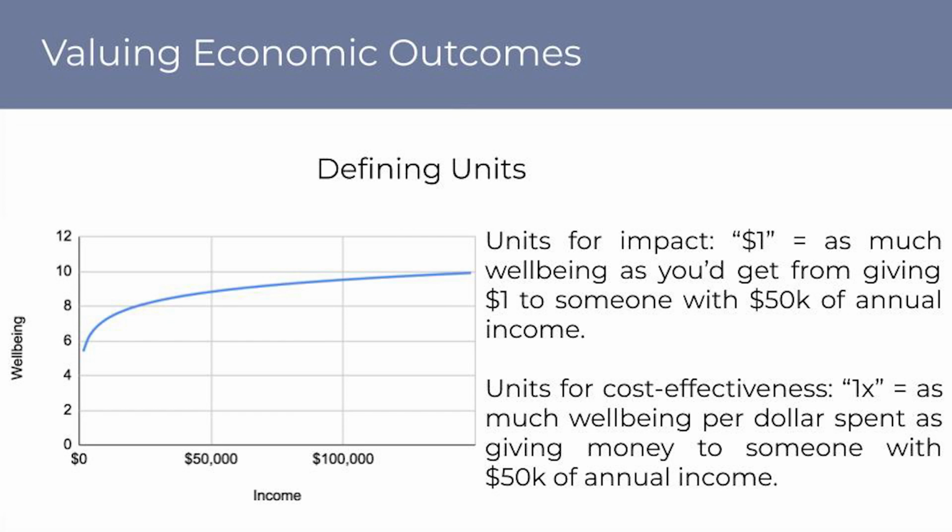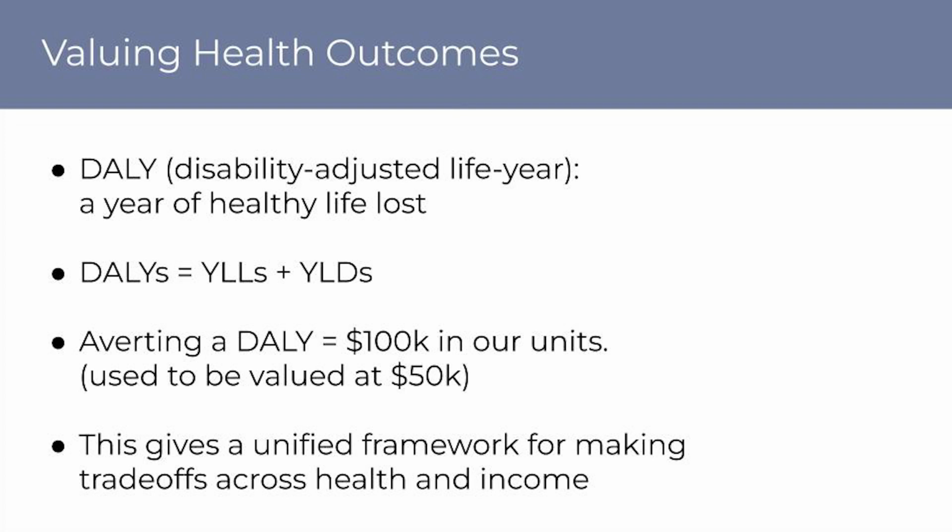Okay, so what we do when we measure good at OpenPhil is try to cash out improvements in people's lives on the basis of changes in health and income. And we recognize that these are imperfect proxies and that there are lots of ways in which someone's life can go better or worse that aren't going to be fully captured by changes in health and income. But at least currently, we think that these proxies work pretty well.